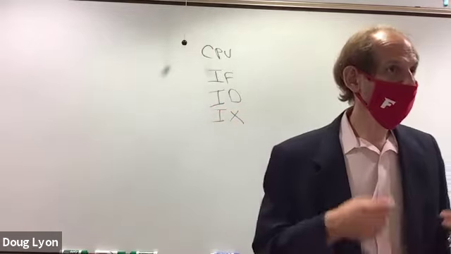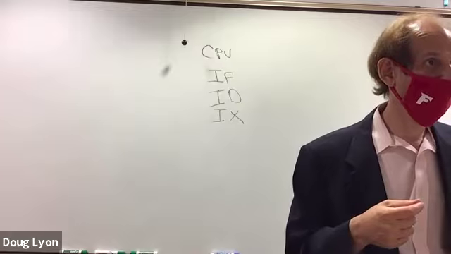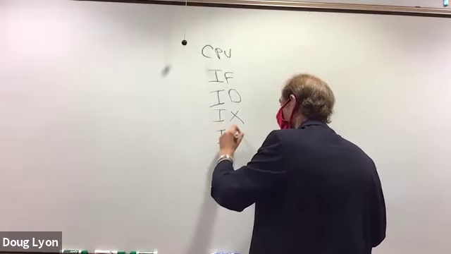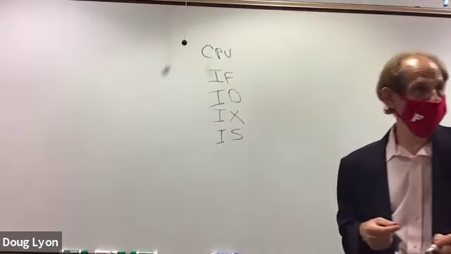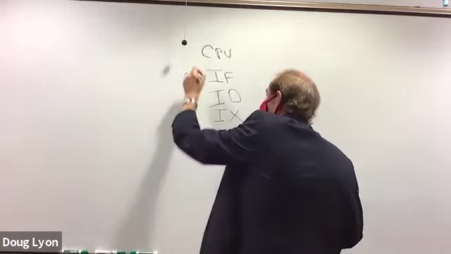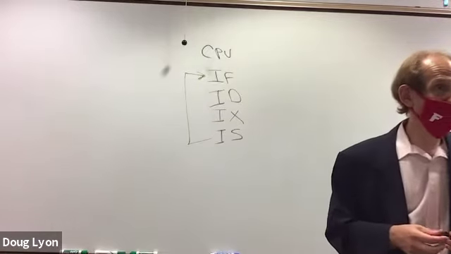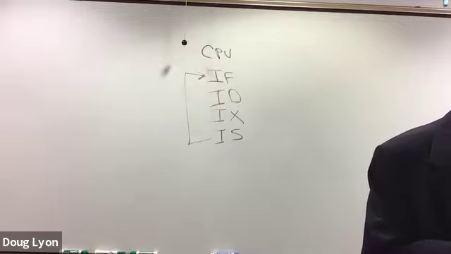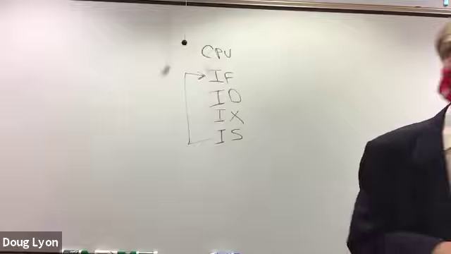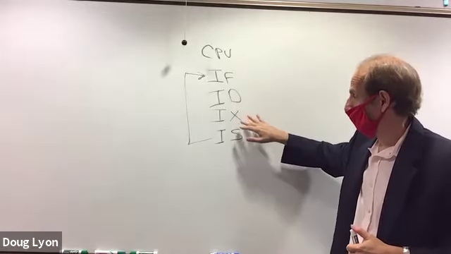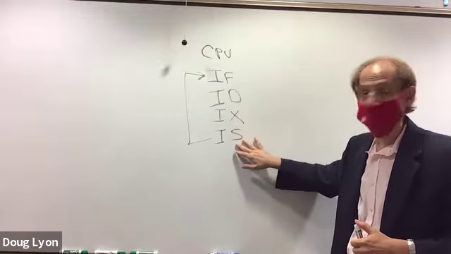And then it does an instruction execute. And then after it executes the instruction, there is some result. And so what it will do is it will do an instruction store. So that takes the result and puts it out. And then it goes back to the beginning. So it's a quite finite state machine, isn't it? It's 4 states. And that's your CPU, and that's the whole thing. Very interesting. Yes? What did the F and D stand for again? Instruction fetch, instruction decode, instruction execute, and instruction store.